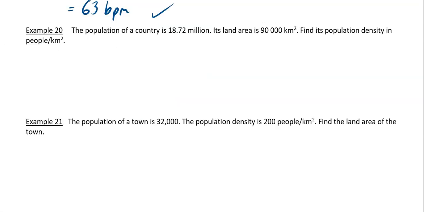Okay, example 20 and 21. Examples 20 and 21 are very like examples you may have seen in geography, where you're talking about population density. So population density really is about how many people there is per area of land, and the number of people is normally in millions, and the area of land is normally in kilometers squared. So in this question, we'll just write down the formula. We'll write down population density, abbreviate population to POP. So POP density is equal to